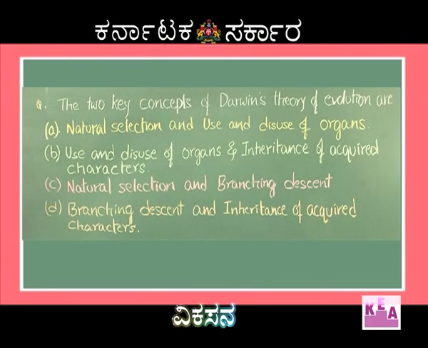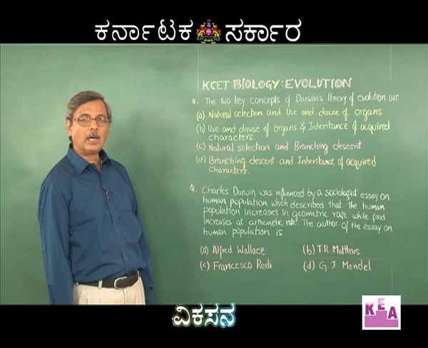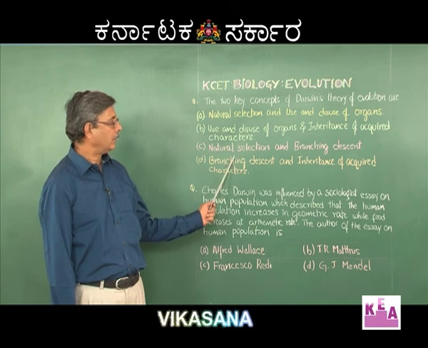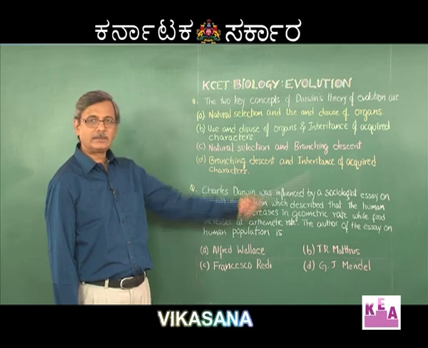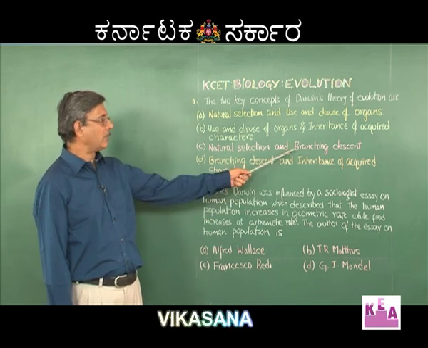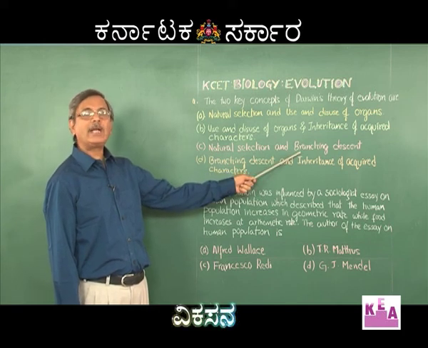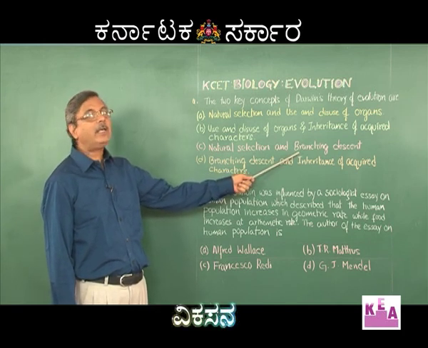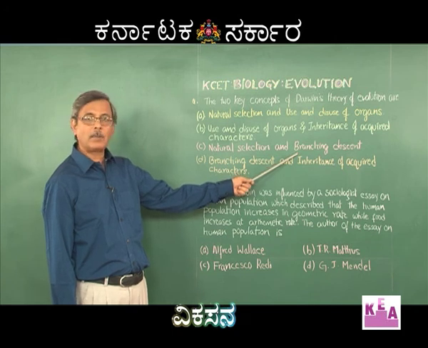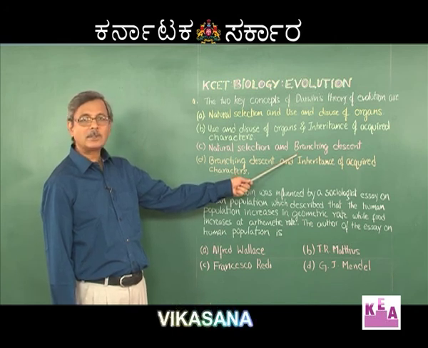The next question is: the two key concepts of Darwin's theory of evolution are. Remember, the two key concepts of Darwin's theory are natural selection and branching descent. Branching descent refers to adaptive radiations, where we have studied the classical example of adaptive radiations, that is beak in